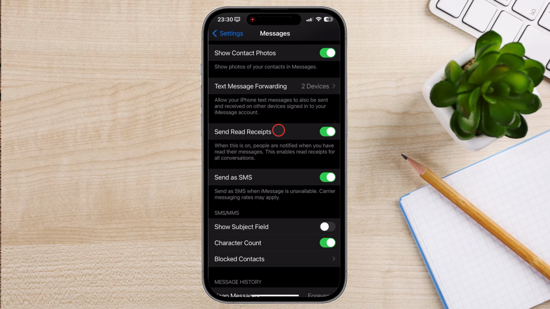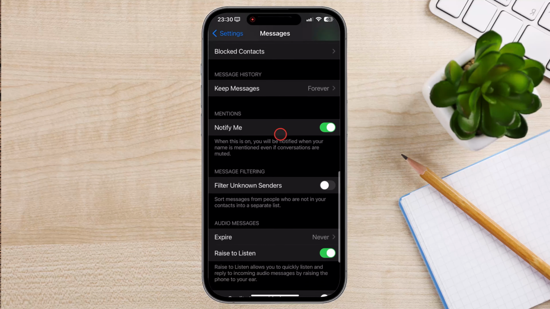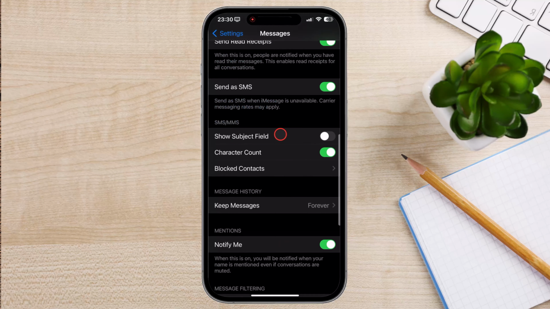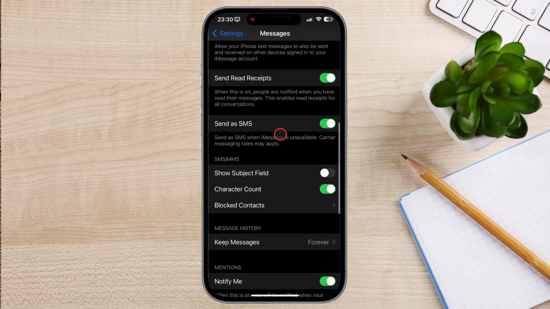But what if you want to turn on read receipts on other messaging apps? The process for enabling read receipts in other messaging apps may vary depending on the app. Generally, you'll need to launch the specific messaging app you want to enable read receipts for. Look for the settings menu within the app, which might be accessible through a gear icon, 3 dots, or a profile menu. Navigate through the settings options to locate the section related to read receipts or message confirmations. Depending on the app, you might find a toggle or a checkbox for enabling read receipts. Turn it on or check the box to activate the feature.